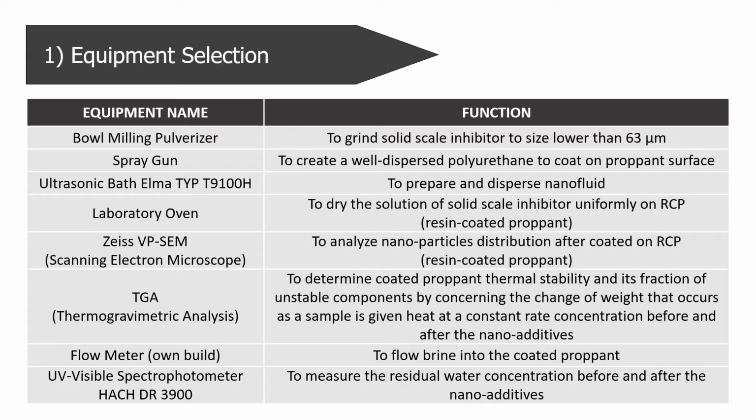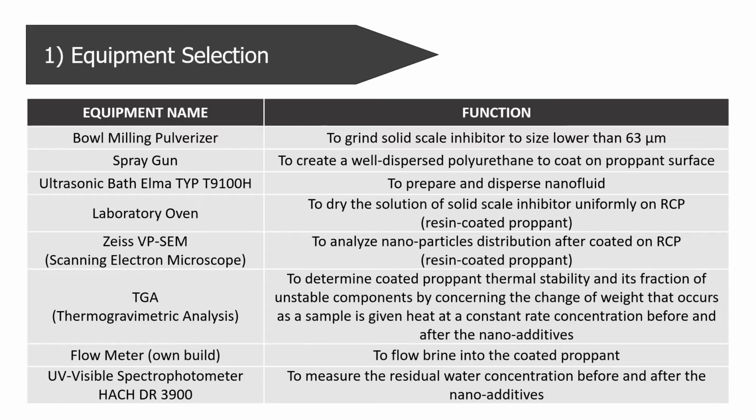This is the equipment that has been selected, which are bromelain pulverizer to grind solid scale inhibitor to size lower than 63 micrometer, a spray gun to create a well-dispersed polyurethane to coat on propane surface, an ultrasonic bath LMTYP T9100H to prepare and disperse nanofluid, and laboratory oven used to dry the solution of solid scale inhibitor uniformly on resin-coated propane,